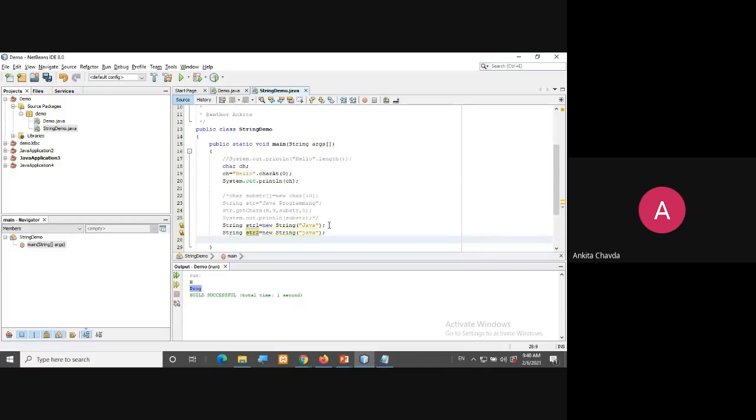Now I just need to check that. System.out.println, string equal, and I'll write over here str1 dot equals str2. This is what the syntax. First will be your object dot equals another object.